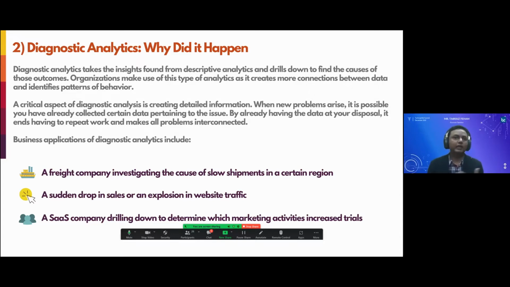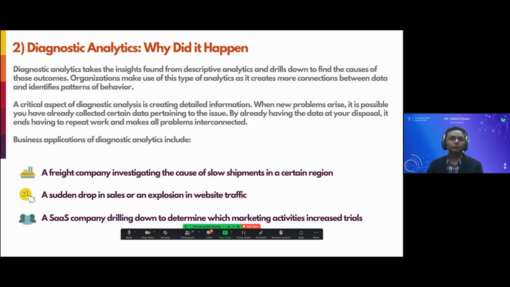So in the case of an e-commerce platform, for example, a sudden drop in sales or explosion in website traffic, you have an e-commerce app, and suddenly you come across this, that the traffic dropped off. So you need to go deeper into those issues. Probably it's one of the user experience features which has stopped working, or probably there is a bug in the platform that has popped up, and that is causing the sudden issues in the website traffic, and people are not actually able to submit their orders or submit their inquiries or things like that.